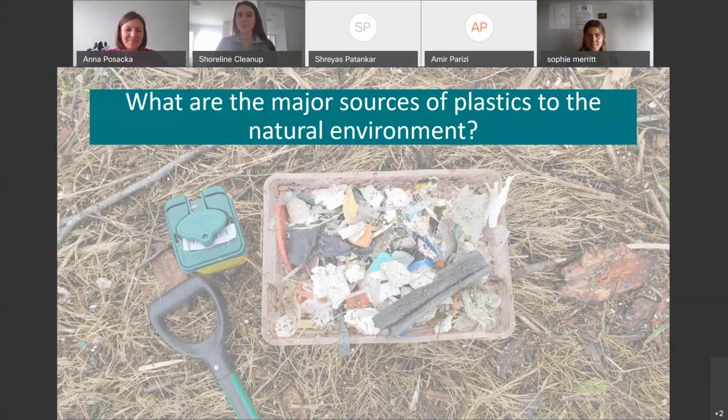Definitely. That's why it's so important to do cleanups when it's safe to do so, to remove all of that litter from the environment. Very important to manage our own footprint as individuals, knowing that, as Sophie mentioned, not all of the plastics that we try to recycle gets recycled. Some of it gets downcycled, or it leaks into the environment. So it's very important to know what we can do at the individual level, and as communities as well, working with our municipalities to have better collection systems,